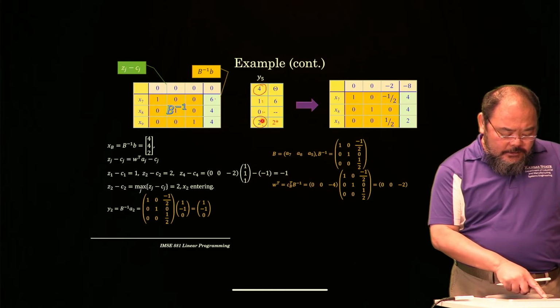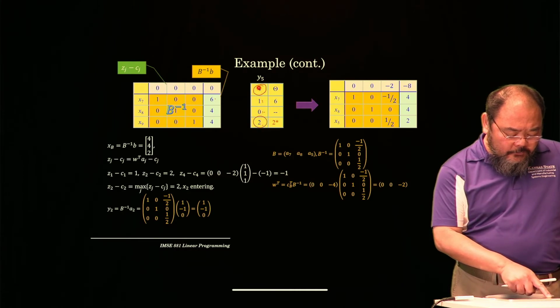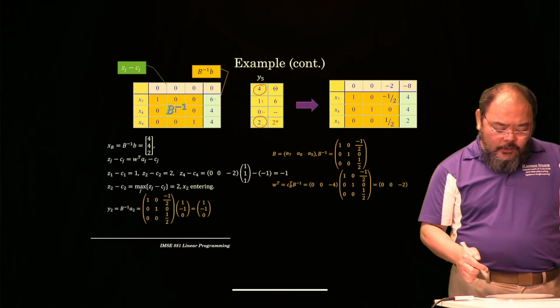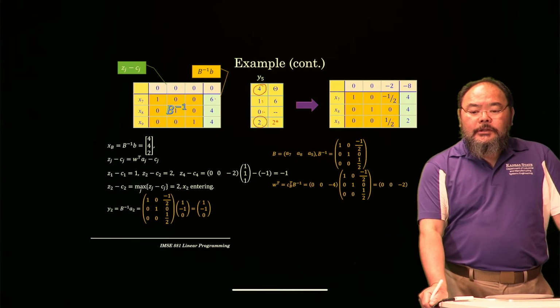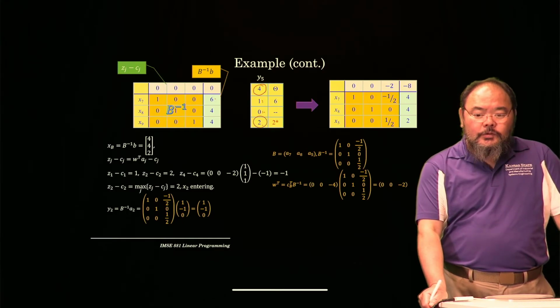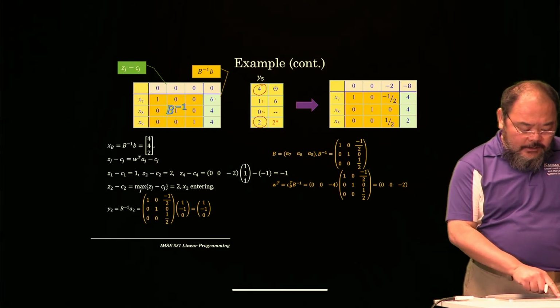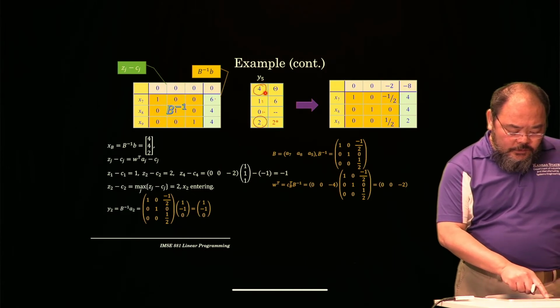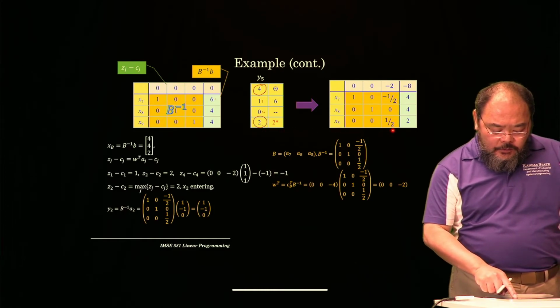Then take this column times -1 added to this row, and this row divided by 2 times -4 added to this row. So therefore, that's the result. So yes, we do actually do some pivoting in a sense. However, the stuff we're pivoting is a limited amount of the table, only a small portion of the table, including your current basic B inverse matrix, just with one more column, which is the entering column, and then you can reach the new